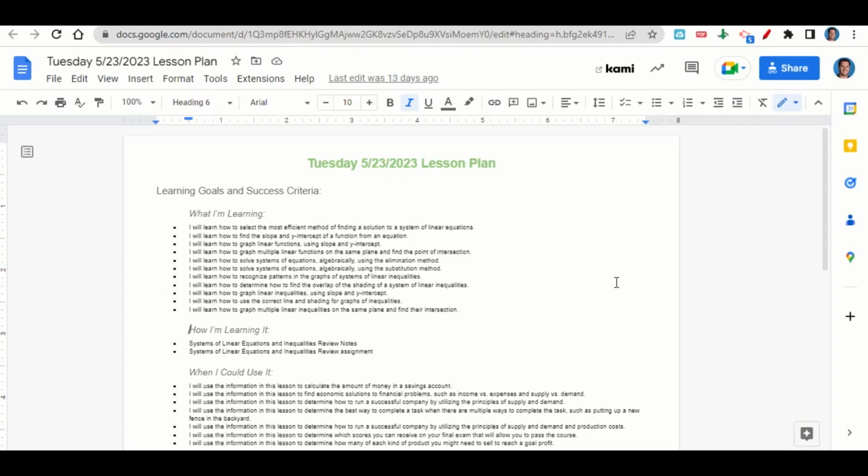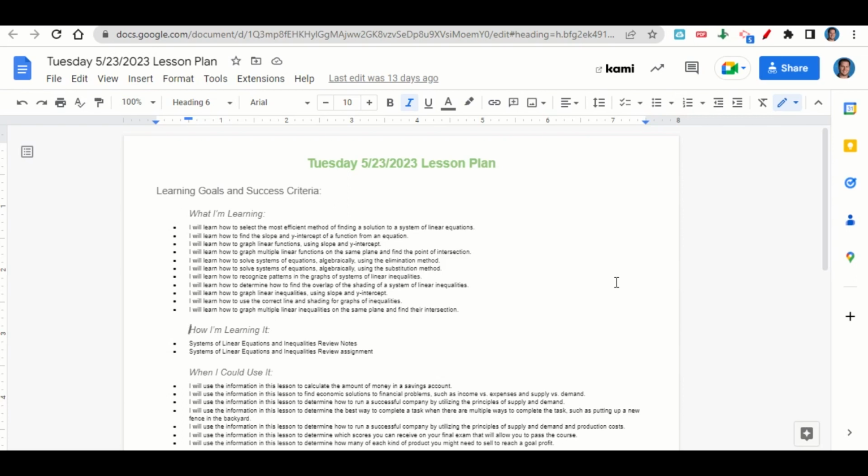We're learning how to select the most efficient method of finding a solution to a system of linear equations, how to find the slope and y-intercept of a function from an equation, how to graph linear functions using slope and y-intercept, how to graph multiple linear functions on the same plane and find the point of intersection, how to solve systems of equations algebraically using the elimination and substitution methods,